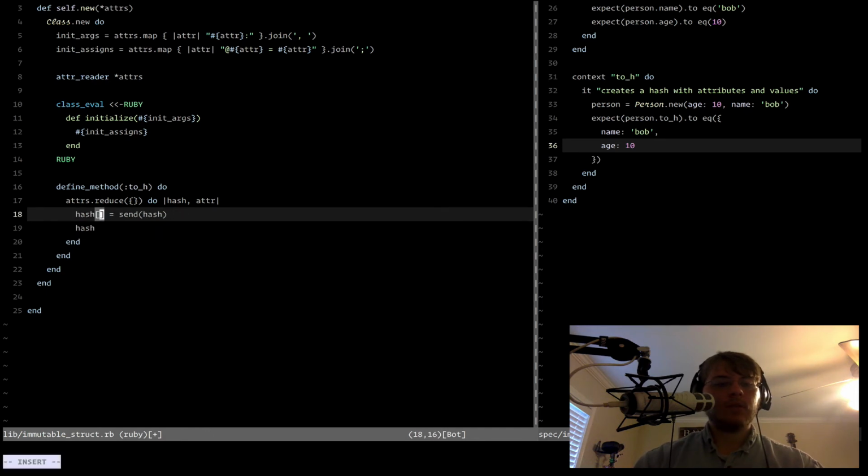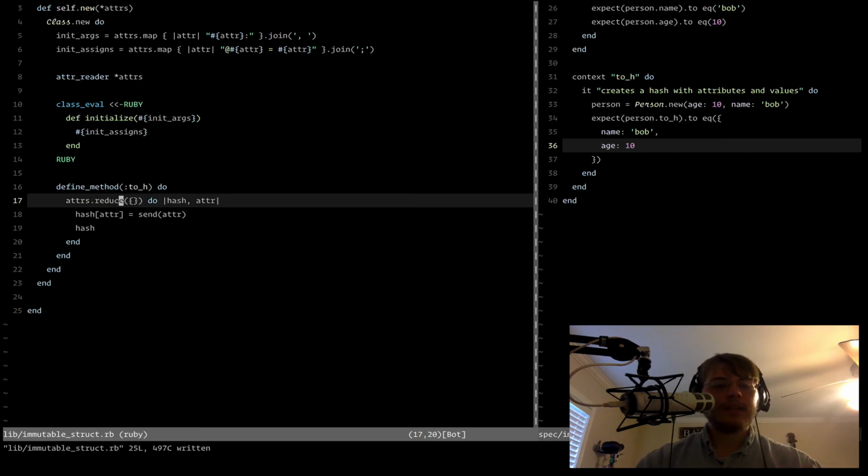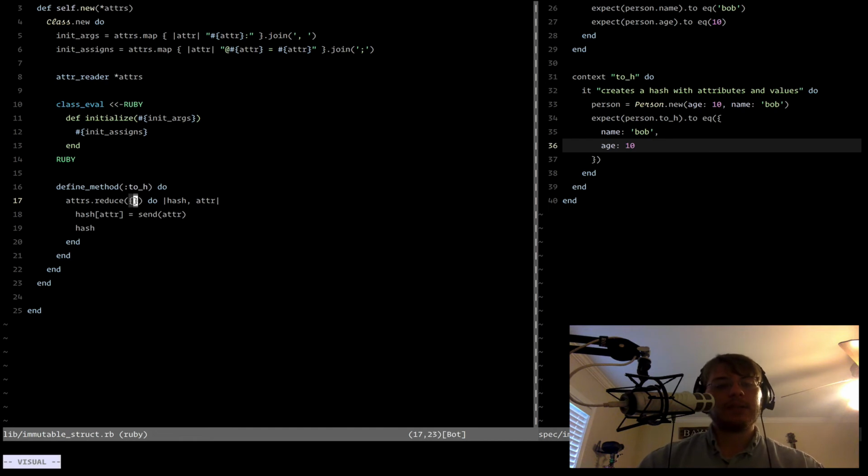Hash attribute. Okay. Note. So here's what we're doing when we do this. We're initializing a new hash. We have an instance of this hash, and this is mutable. We're mutating this object in place, and for each of these attributes we get, because we're working with an array